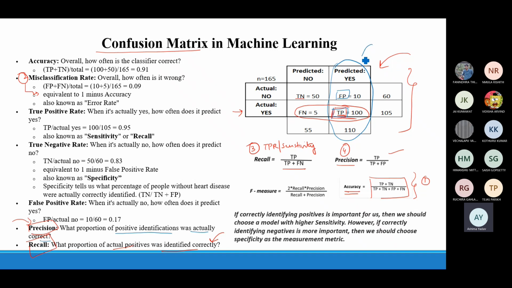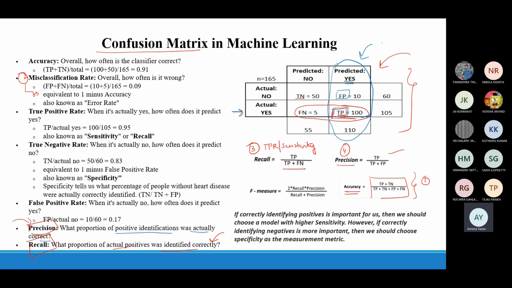That means, whatever are the positive predicted values, this column shows the predictions basically. The values that were predicted yes by the model, how many of them actually belonged to the class yes? So this is the difference between the two. Recall tells that out of the actual yes values, how many were correctly predicted, and precision tells you out of all the predictions, how many were actually yes. So we are basically dealing with the positive identifications in this case.